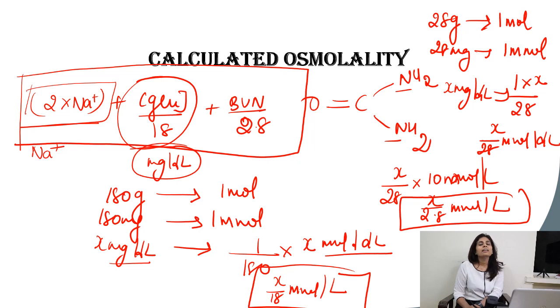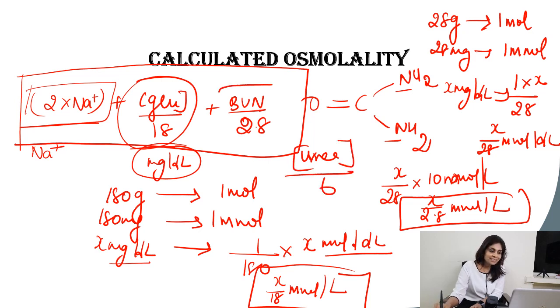Okay. And I have also come across questions like, if it's blood urea nitrogen, I have to divide it by 2.8. What if I'm given urea concentration? These days, I know all biochemical reports have BUN values, blood urea nitrogen values. But some labs still express it as only urea value. So what if I get urea value? How do I calculate osmolarity? If it's urea, you have to divide it by 6. If urea concentration is given, please divide it by 6 instead of dividing blood urea nitrogen by 2.8.